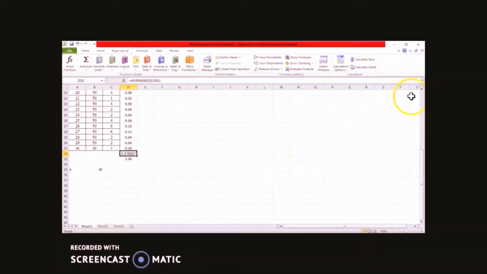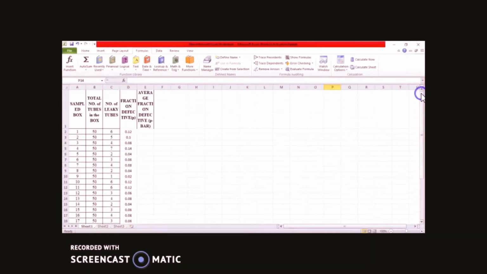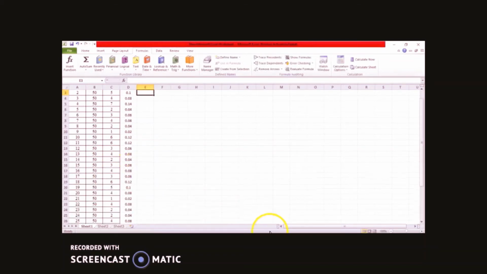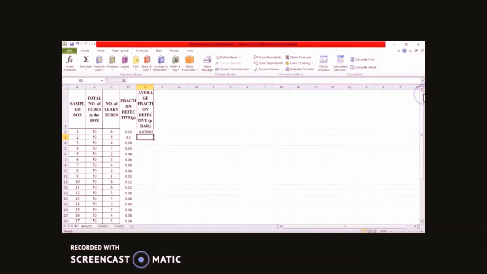Fine. So what we'll do here, I'm going to put a formula sign. This value divided by the total number of your samples. Let's see what we have got. You can see this is the same value which was obtained when we took the direct formula for average. Okay, so here I have got the value. Now we are going to put a dollar sign, and that will be applied for the rest of the samples.